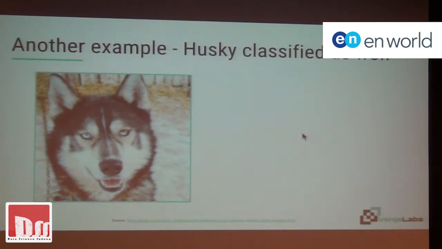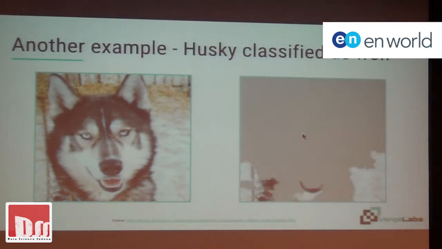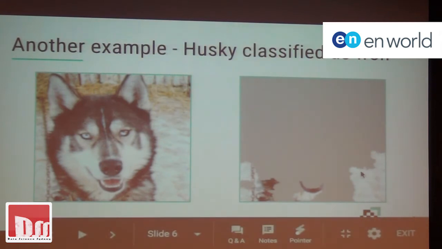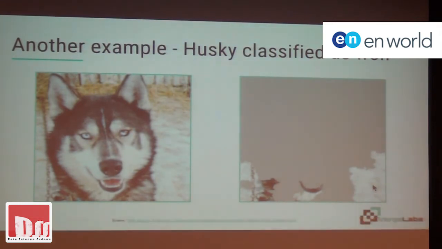And when they looked at what was actually causing this particular model to classify it as such, these were the features that came out. Some of you might have seen this before, but what's pertinent here is you're not really getting the animal at all. You're getting the snow. So the reason it's classifying this as a wolf is because there's snow in the photo. Which I found quite funny, because I would associate huskies with snow, but never mind.